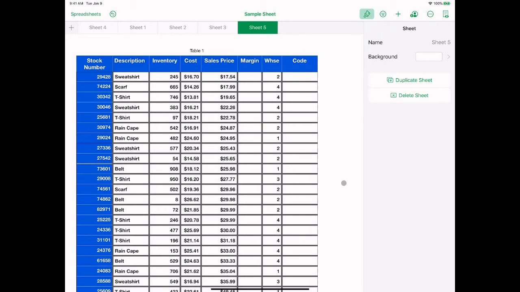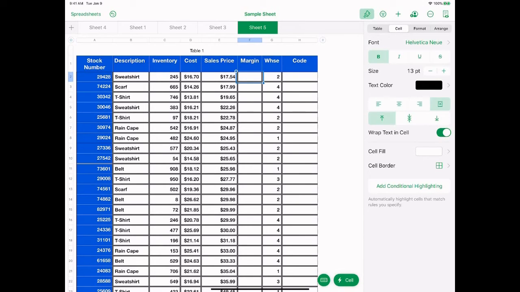Okay, the first column that we want to calculate is the one that is headed margin. Well, in order to do that, we need to understand what the formula is that we would use. In other words, how do you calculate margin? The way you would calculate margin is by dividing the amount of profit that you're going to make if you sold 1 unit by the selling price. Look at the columns there. How would you calculate the amount of profit? And once you understand how to do that,